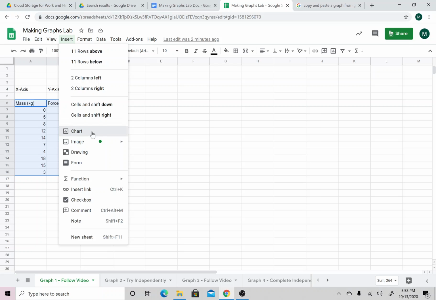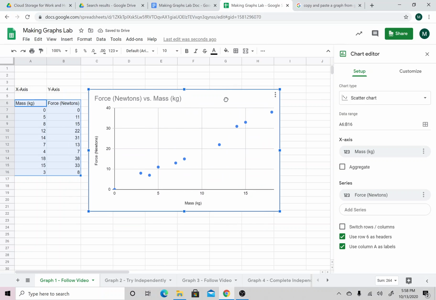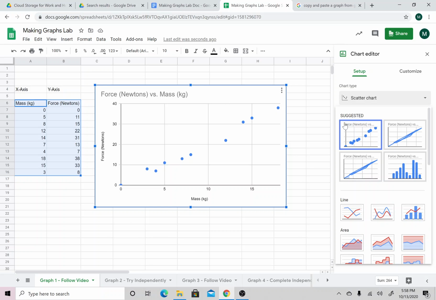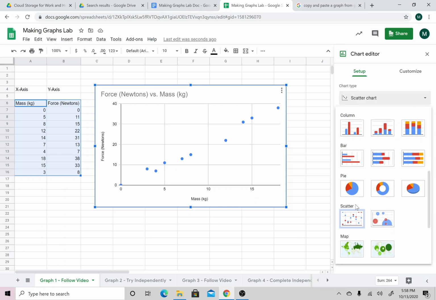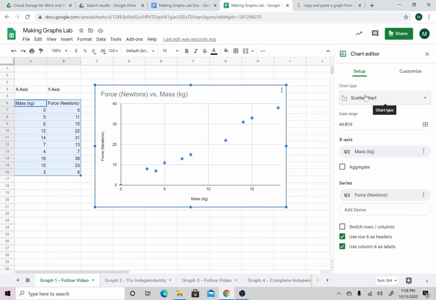Chart. And for this class, we're more or less always going to do a scatter chart, which Google Sheets guesses what you want to do, so it has suggested charts. Again, we're going to go for the scatter. If it didn't do scatter, you would have to scroll down and select it, because it tries to guess if you wanted to make a pie chart out of this information, or a map out of it. Again, we're almost always going to do this scatter option, which it mostly defaults to anyway,